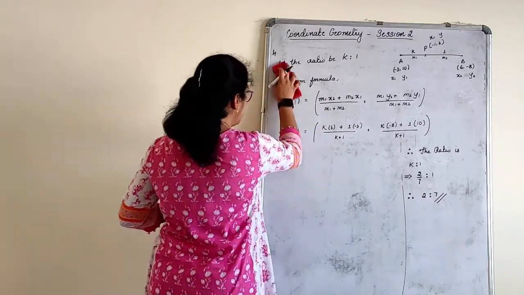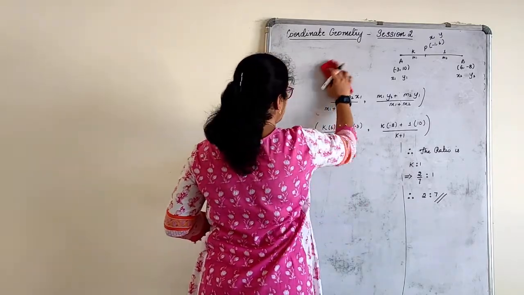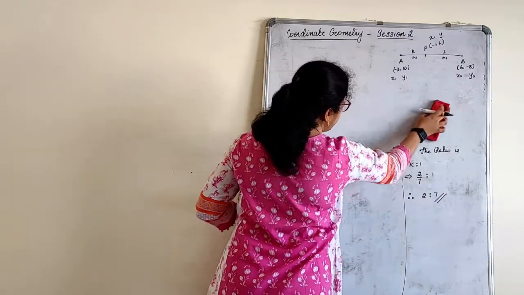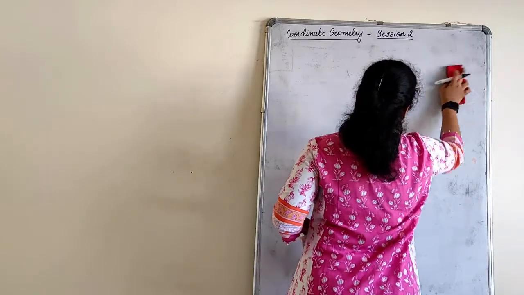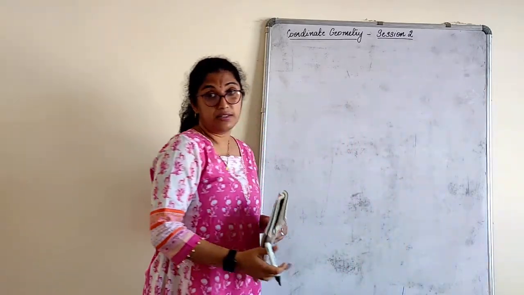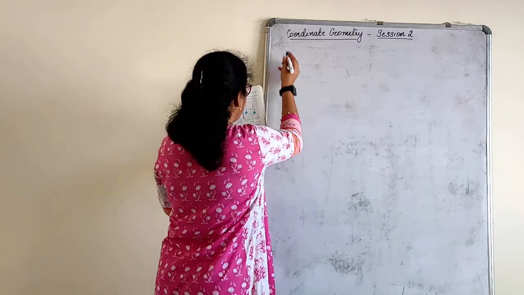Sums are very simple here, only if you understand what you have to find, and the main thing is if you draw what you have to find. Not just orally, if you just see and write the given and do it, no. The diagram is a must here. The fifth one.